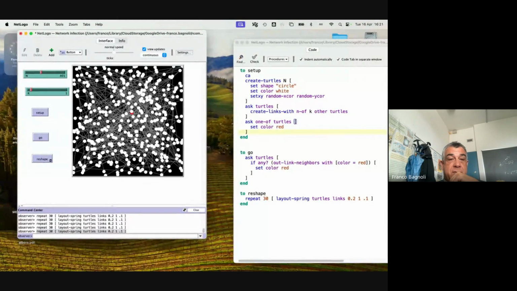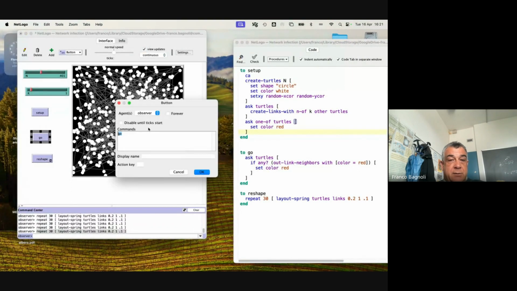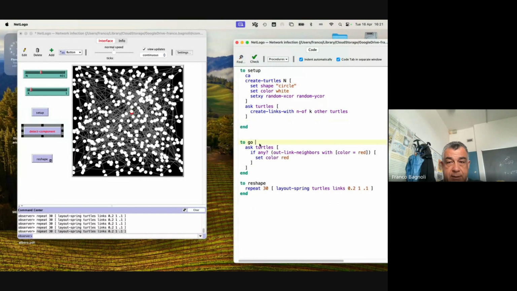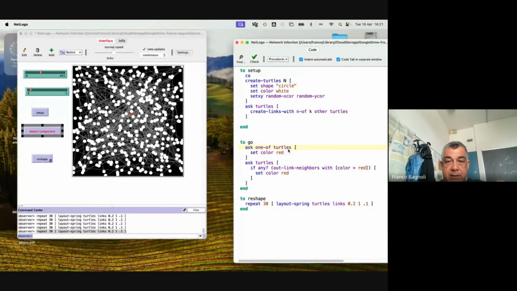So instead of choosing a red ball here, I can make a button like detect component. Okay, so to this I put here: ask one-of turtles with color equal to white, set color red,